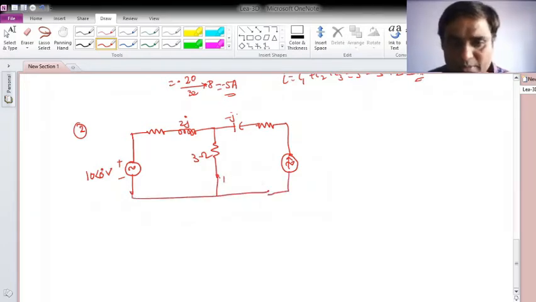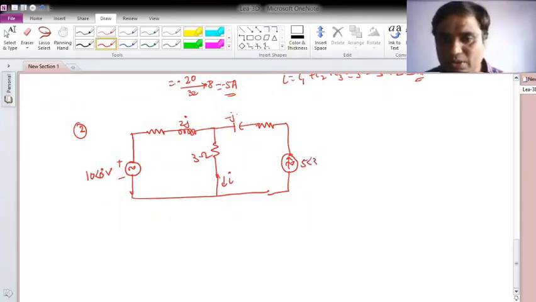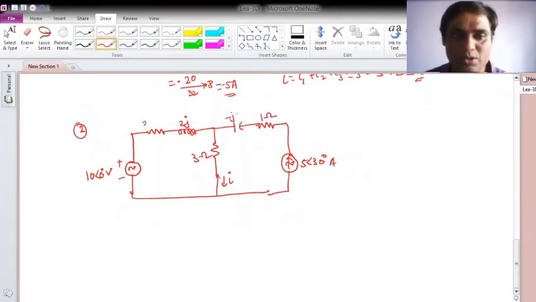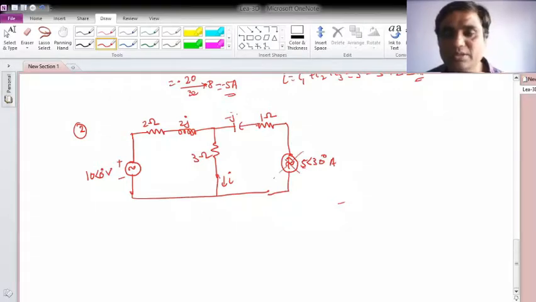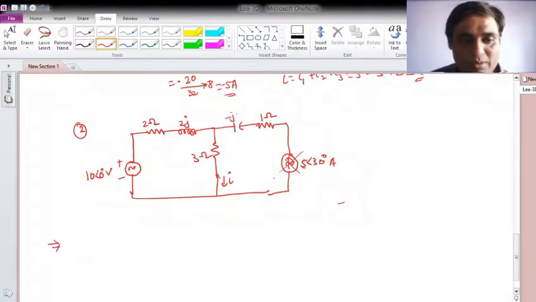Okay, and you are asked to find this current I, and the sinusoidal current source has value 5 angle 30 degree, and this is 1 ohm, and this is a 2 ohm resistor. Okay, so if I would like to solve it using the superposition theorem, what is to be done? You take one source and deactivate the other source. So let me first deactivate this current source. If this is the case, then it will be open circuited. So in this situation, what will happen? I will have one voltage source like this.